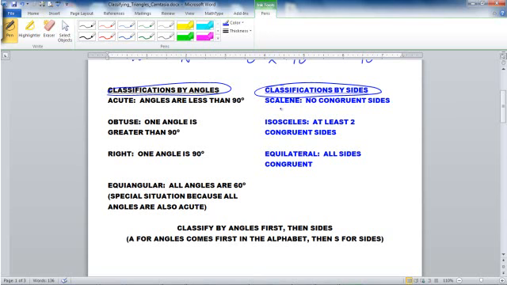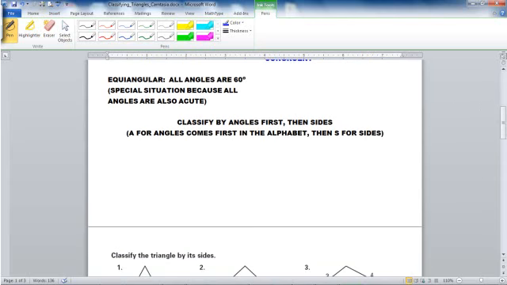And then by sides, we've got scalene, which means no congruent sides, isosceles, which means at least two congruent sides, and then equilateral is all sides are congruent. Alright, how do we name the triangles? Well, we classify the triangles by angles first and then by sides, and there's a nice little way to remember it. A is for angles, which comes first in the alphabet, and then S for sides, which comes obviously after A